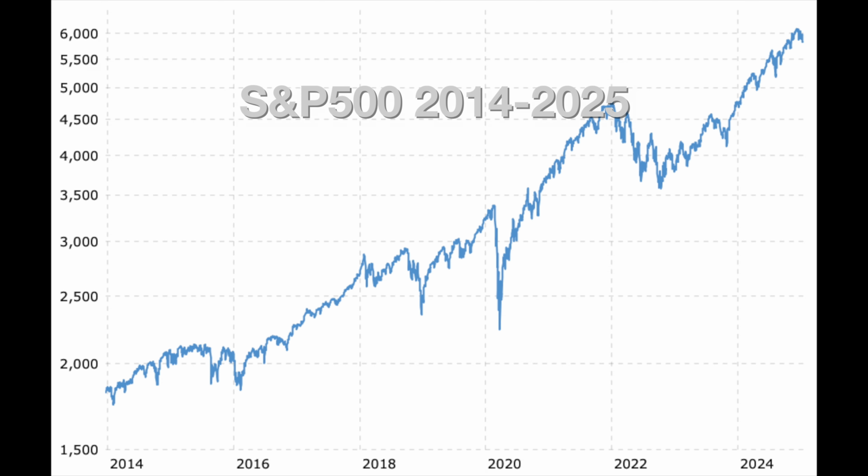Here is the same chart, but using a logarithmic scale. And what is a logarithmic scale, you say? This means that the chart will represent the gain from 2000 to 4000, which is a 100% return. It doubled, yay! Twice as large as the subsequent gain from 4000 to 6000, which by comparison is actually a